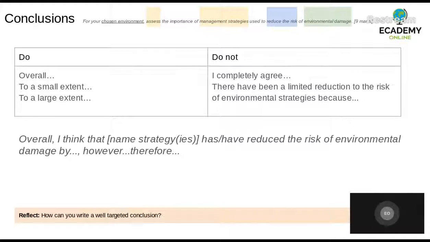It's not black or white. It's got to be something which shows that you can understand both sides, but you might argue that one has a greater weighting than the other. So for example, you might write something like, overall, I think that X strategy or strategies have reduced the environmental risk. However, therefore, and you can fill up a paragraph,